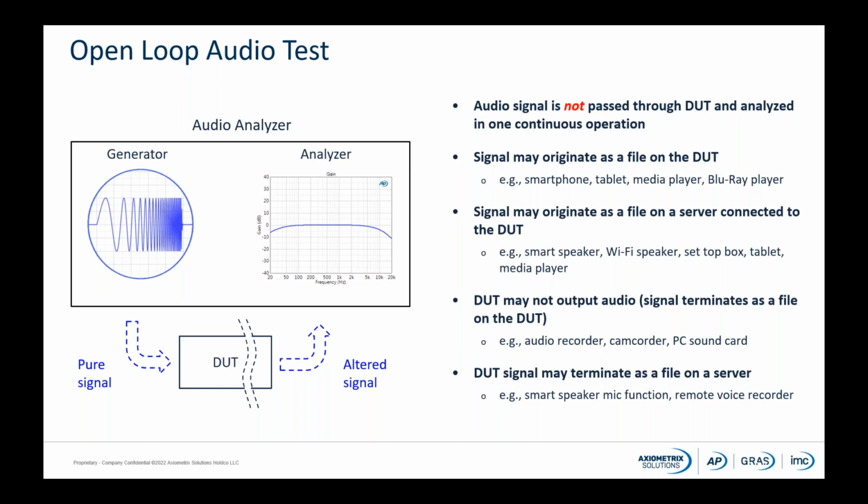In many cases, the DUT may not have physical inputs at all. The input to this type of device could be a file in the cloud, on a network, on an SD card or a disk, or an analog recording on vinyl. Some devices do have inputs. However, the input may be difficult or impractical to access, so open loop testing is the preferred technique.